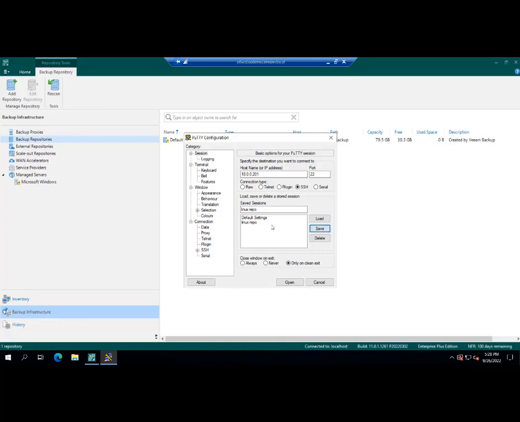Now, when you save this, you may get a PuTTY security alert that the host key is not cached in the registry. I've already ran through this a few times to make sure this video would be smooth as butter. So I've already done that. So if you do get that prompt, just go ahead and click yes. Don't worry about it. And then after that, what we're going to do is we're going to SSH into the server and pass the credentials. So let's do that. I'm going to select my repo here. I'm going to click load